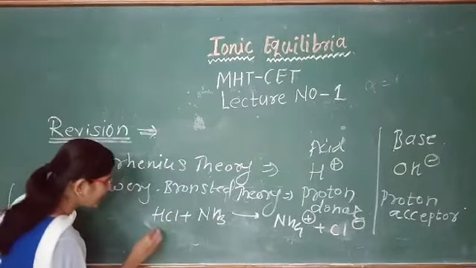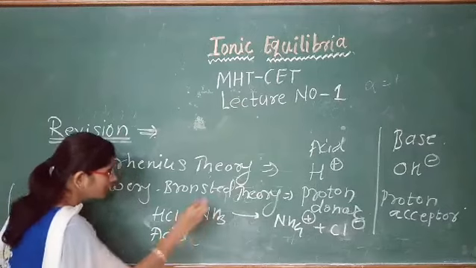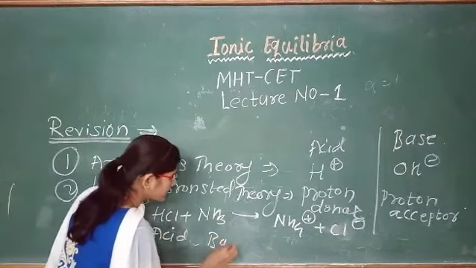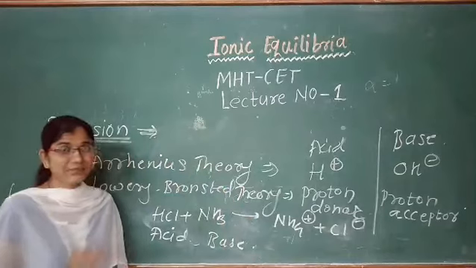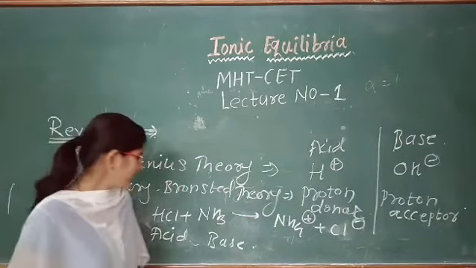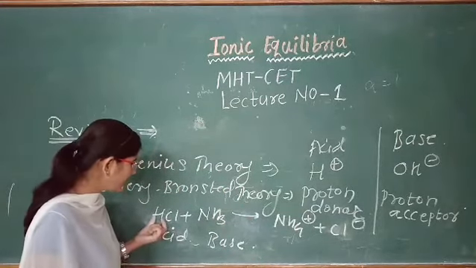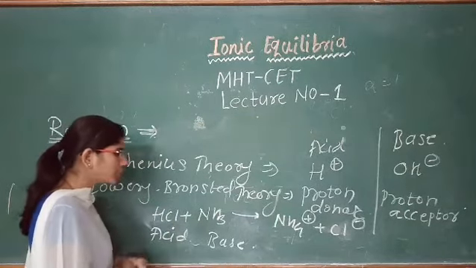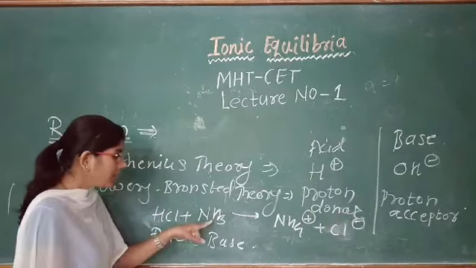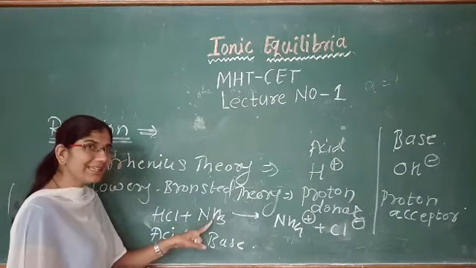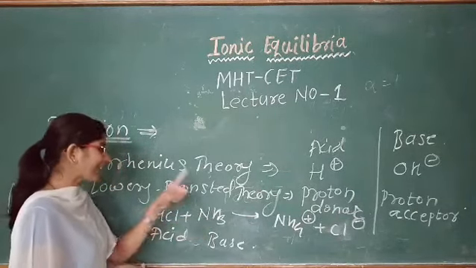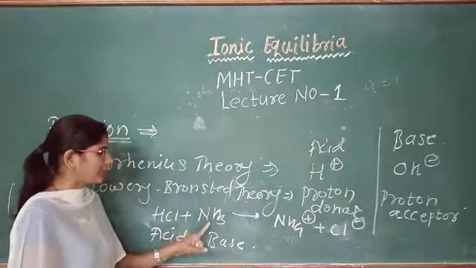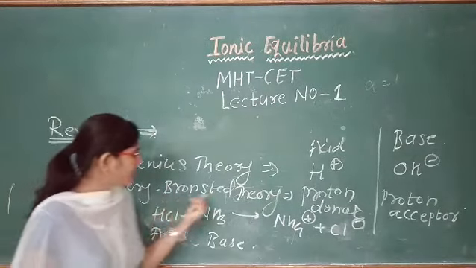This is the acid, and this is the base. From our previous knowledge, HCl is an acid which gives H plus ions, and it donates a proton to NH3, and NH3 accepts a proton. Therefore, according to the Lowry and Bronsted